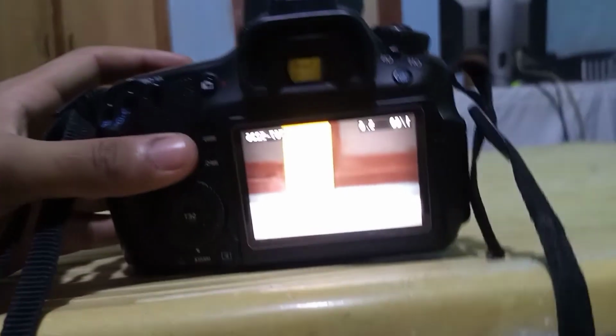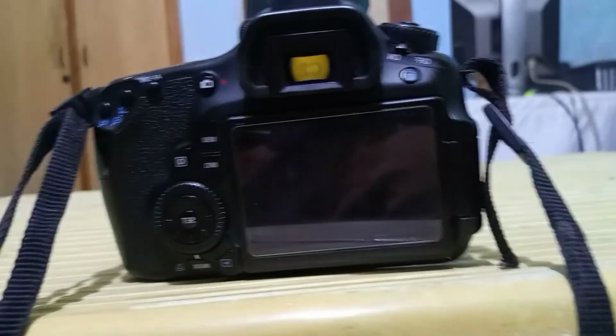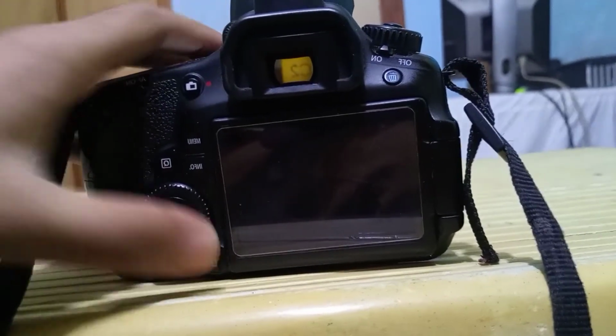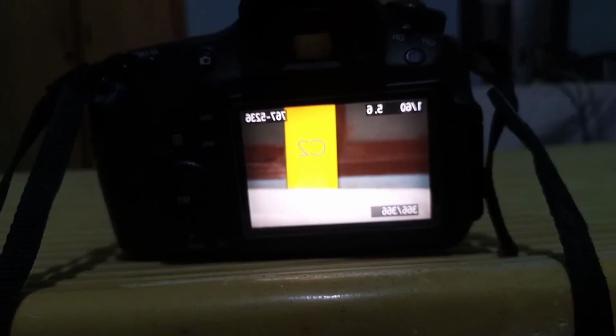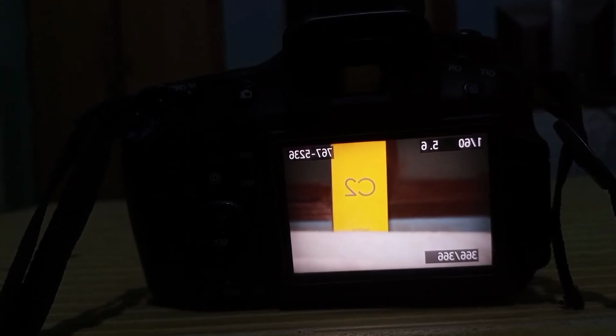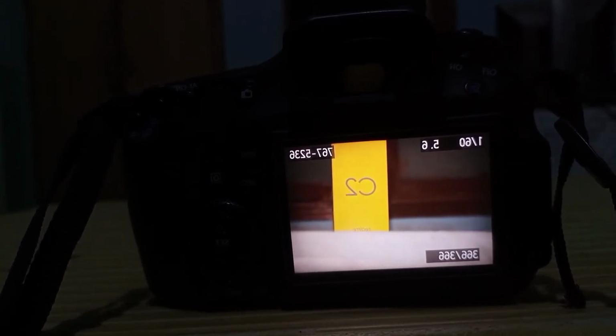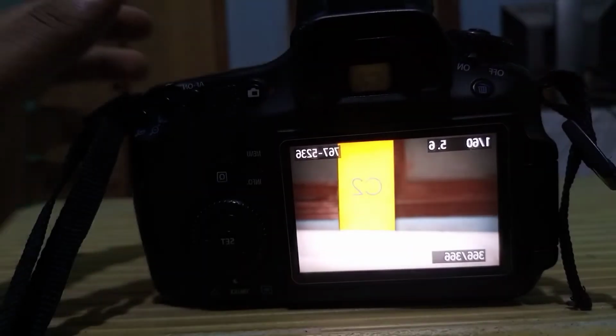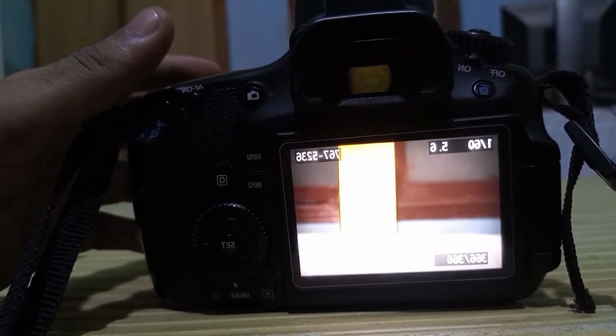The picture is very clear, good in quality. We have changed nothing: ISO, shutter speed, aperture. Just switch to auto mode and click the picture, and here is the result. You can see the picture is clear, bright, and good in quality.